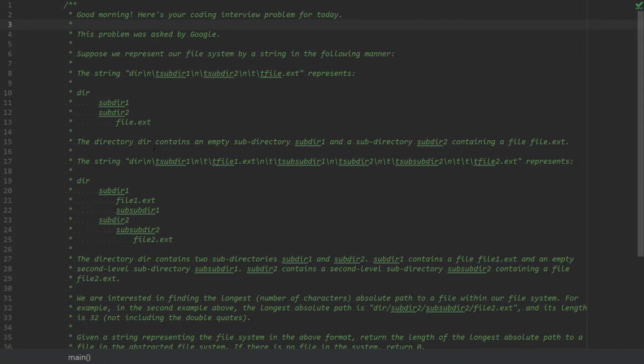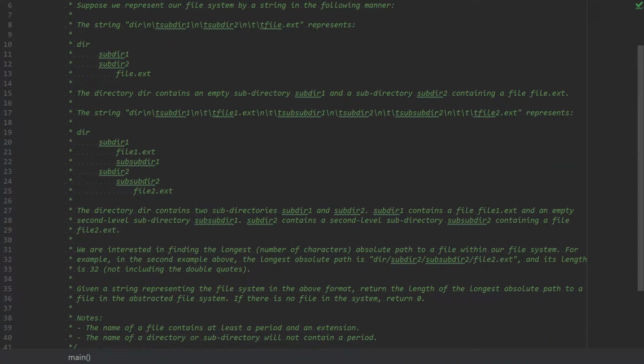The directory dir contains an empty subdirectory subdir1 and a subdirectory subdir2 containing a file.ext. The string represents this. The directory dir contains two subdirectories, subdir1 and subdir2. Subdir1 contains a file1.ext and an empty second level subdirectory subdir1. Subdir2 contains a second level subdirectory subdir2 containing a